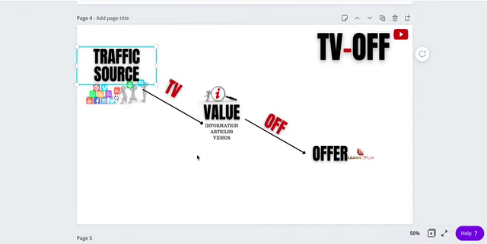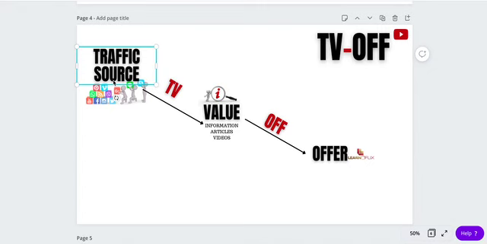The steps are different. On Instagram, how do we get them to our offer? On WhatsApp, how do we get them to our offer? On TikTok, how do we get them to our offer? On Google, how do we get them to our offer? So we're going to deal with each of them. Then you can pick and select the one that resonates the most with you. Which one is easier for you? Which one is more natural for you? But I will advise that you take every one of them seriously and you practice every one of them, so you will learn from every one of them.